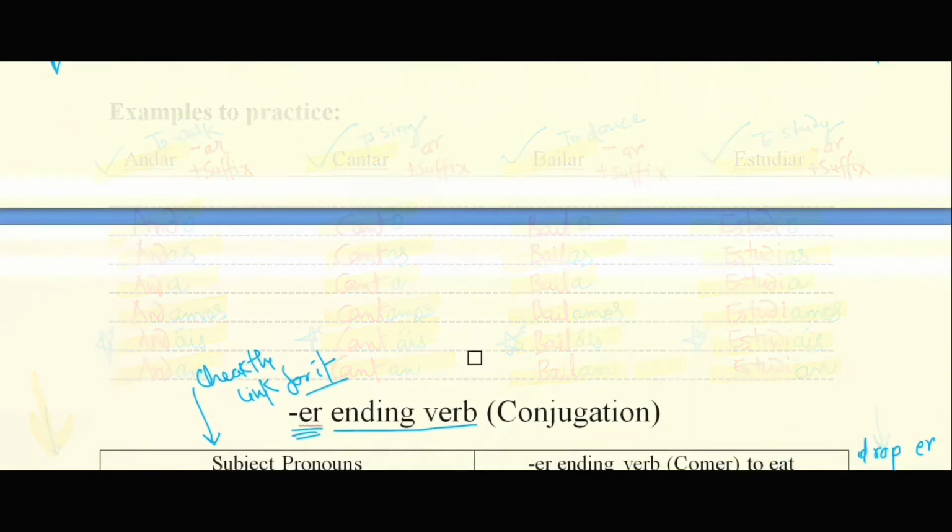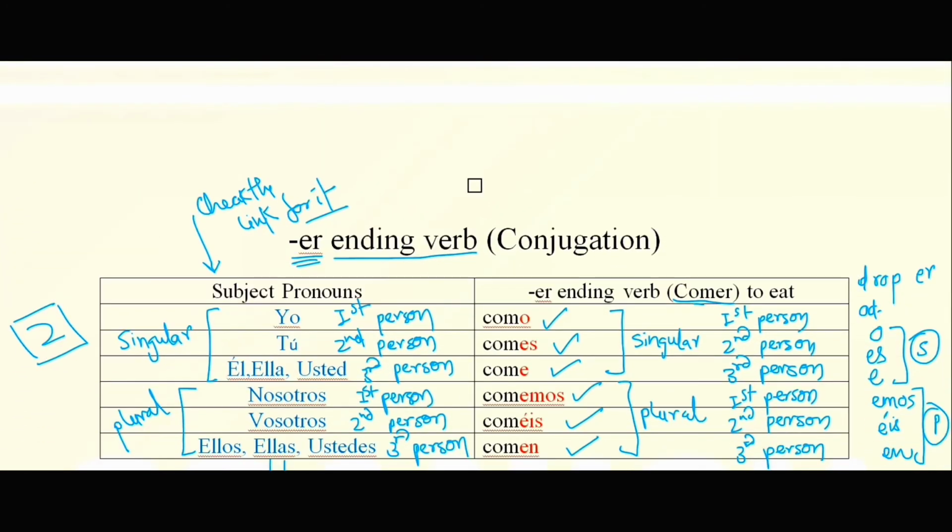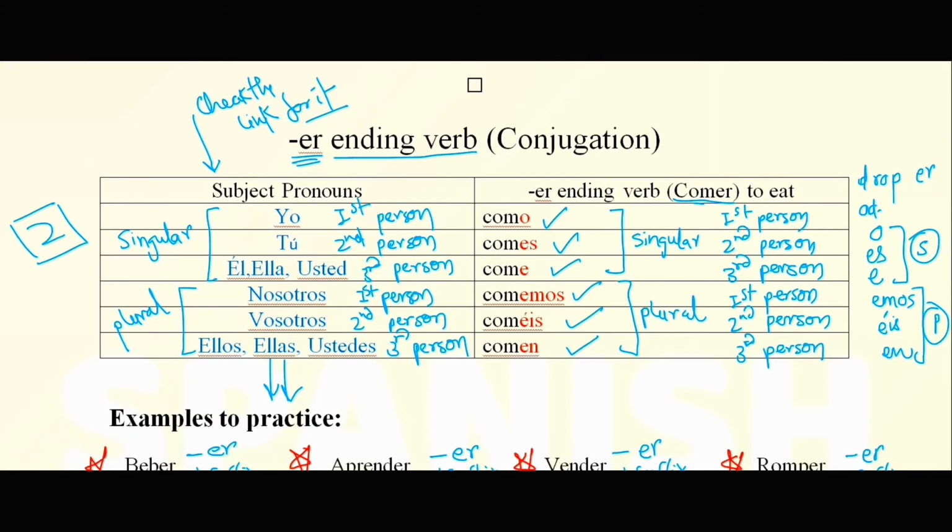Now come to ER ending verbs. We have to go once in the same way as we did earlier. Comer is the verb here. You can see this is an ER ending verb. And what does it mean? Comer means to eat. Already written there. Comer, to eat. After conjugations we get 6 forms,